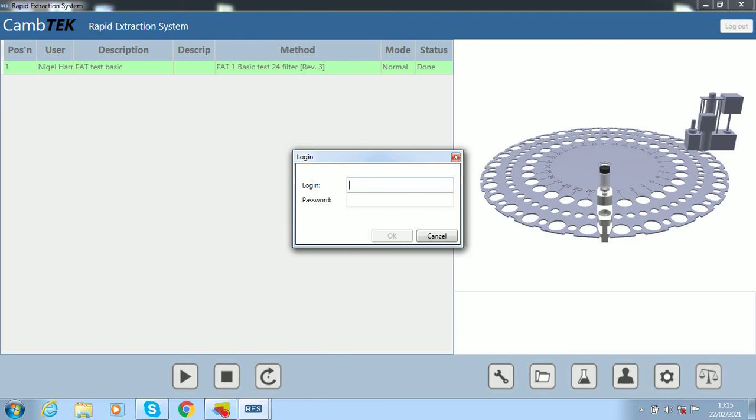Okay, so I'm going to log in now. Whenever you try and do anything on the system, it will require you to log in. So it is a full audit trail of who's using the system and what they are doing. Also, depending on your user privileges, you can only do certain things on the system. Anyway, I'm going to log in now. I'm logging in as an administrator, which will give me rights to set other users up on the system and set their privileges. Right, so log in,